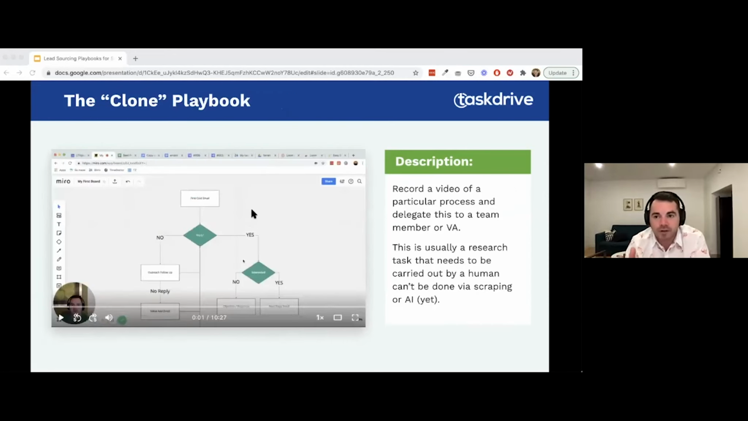The clone playbook, this is very specific to TaskDrive, but you could do this with a VA. You might have a specific thing or process yourself that you use to identify whether a prospect is going to be a qualified lead or not. So you can actually just record a video of the part of the process and then just delegate that to a team member like an intern or a VA. It's usually a research task that needs to be carried out by a human and can't be done via scraping or AI yet. One of the things we did for a company, he was a regional banking app development company,